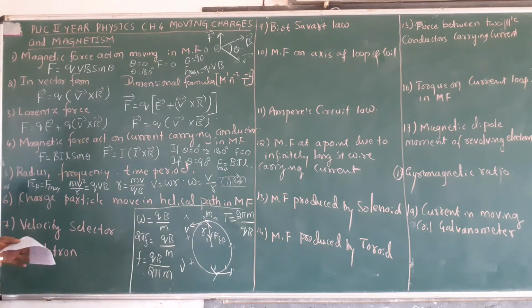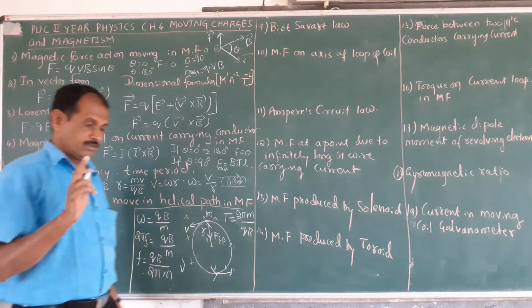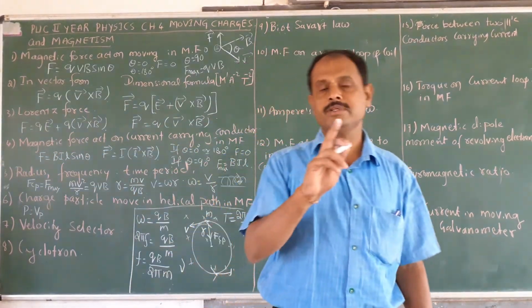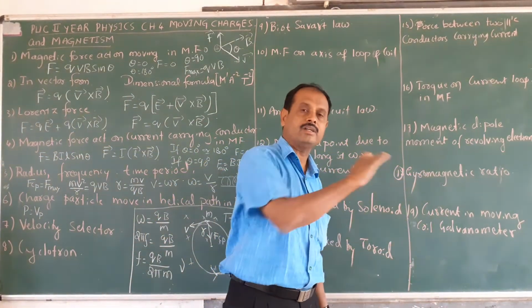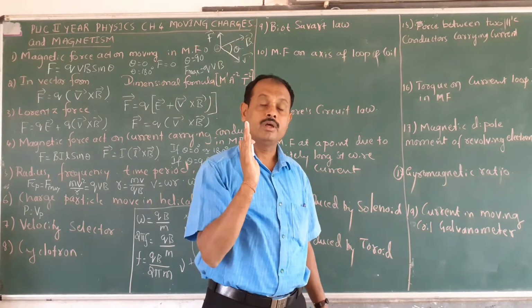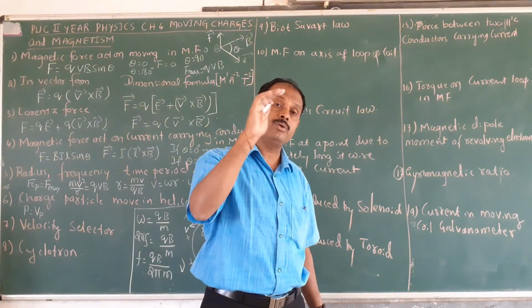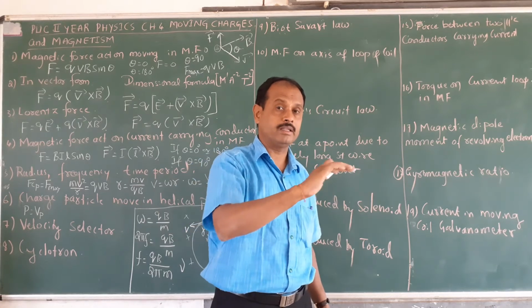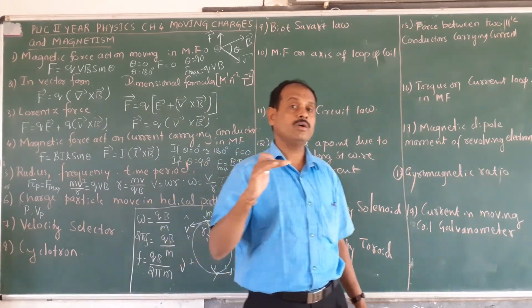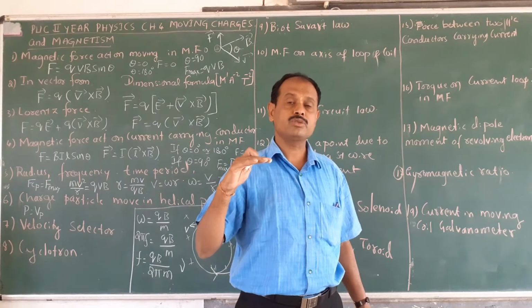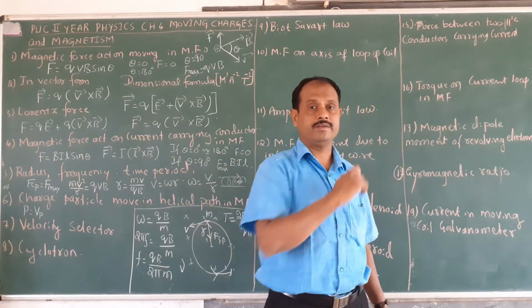In a helical motion, at that time, what do we take here? Pitch. Pitch is equal to the velocity component along the horizontal direction. Velocity of the charged particle at any time is resolved into two components. One is in the horizontal and the other is the normal component. The normal component helps the charged particle move in a circular path, and the other velocity along the horizontal helps to move the charged particle horizontally.